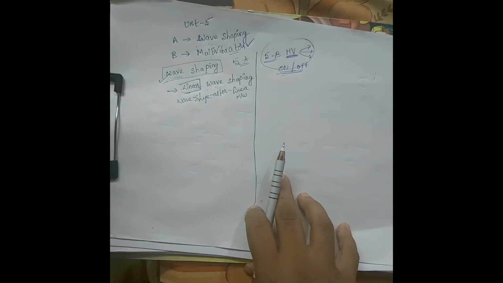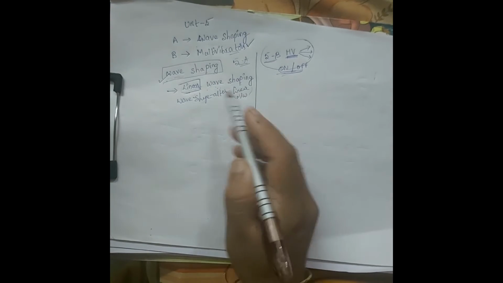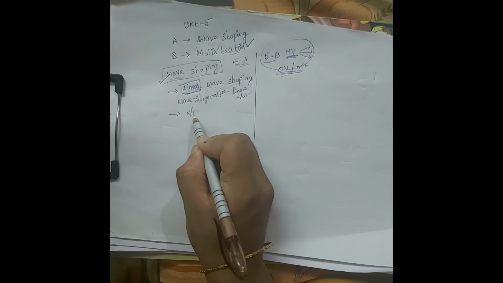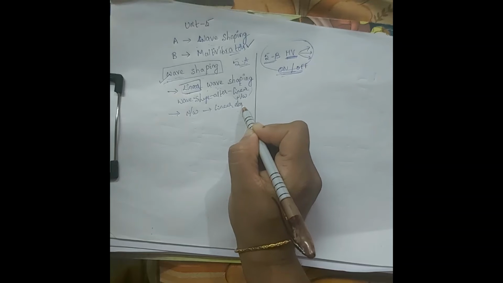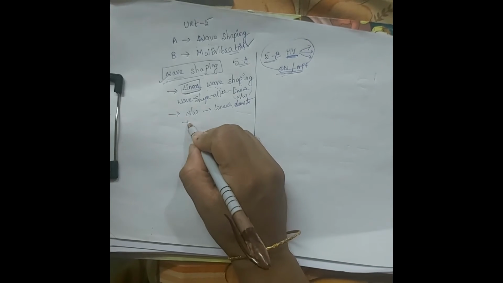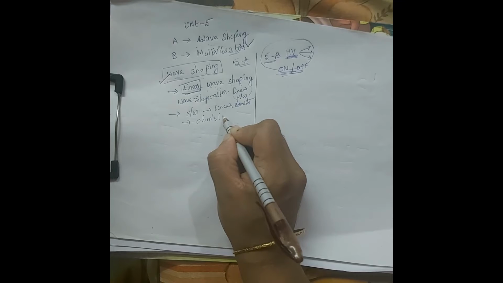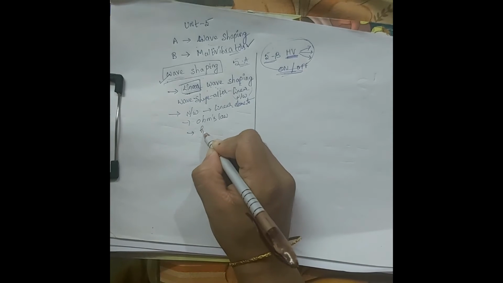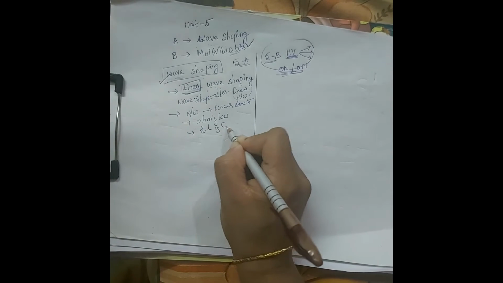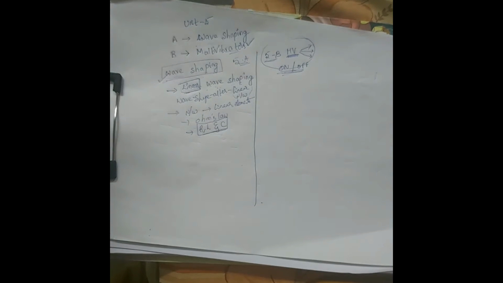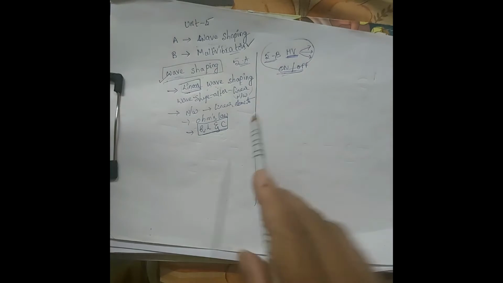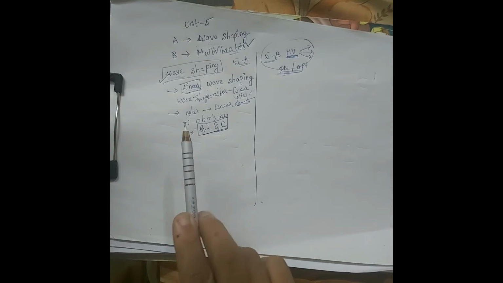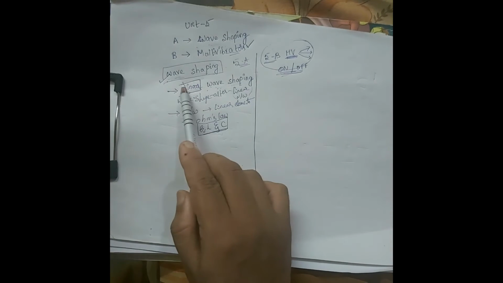Okay, so in linear, what is meant by a linear network? A network which is constructed only by means of linear elements. What are the linear elements? Those which obey Ohm's law. What are the elements that obey Ohm's law only? R, L and C. These 3 are our linear elements. So if any network undergoes shape changing by means of these RLC elements, then that is referred to as linear wave shaping.